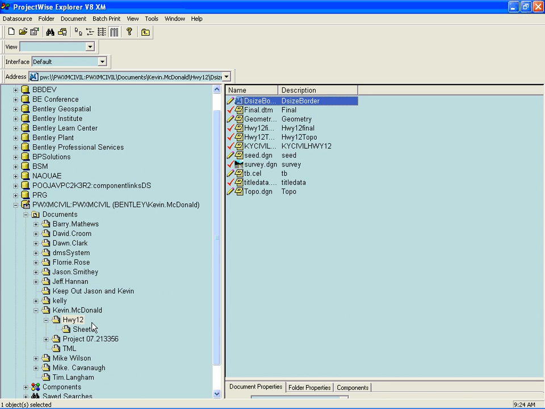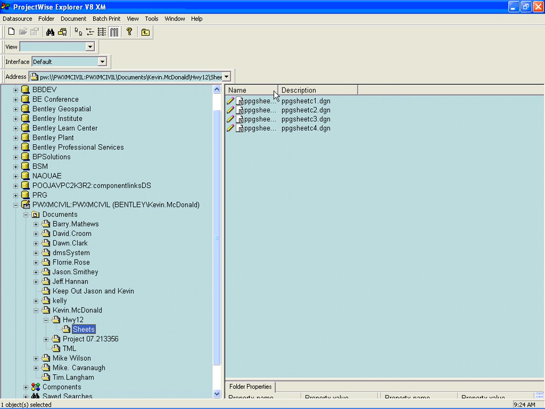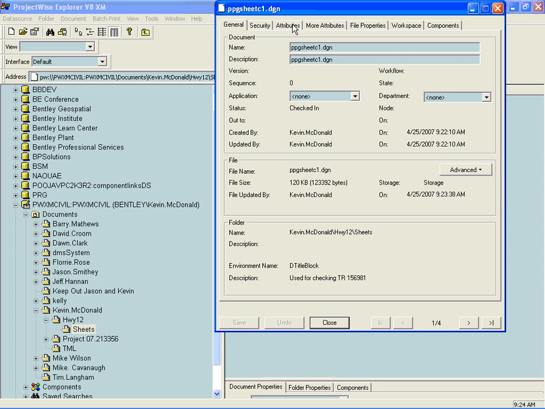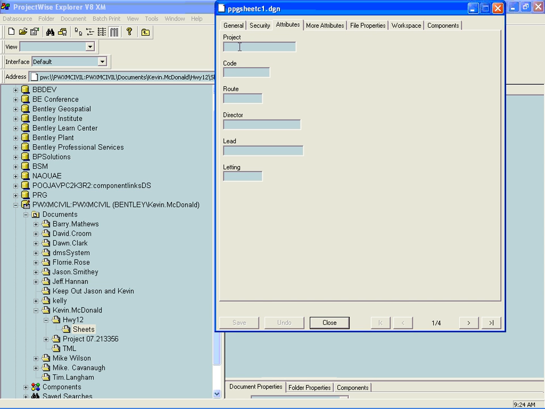I can go to my Sheets folder and see the 4 plan and profile sheets that were created by the plan and profile generator run. If I do a properties on one of these sheets, I can go to the Attributes tab and see the title block information. Here I have data fields ready for me to enter data. So I can come in here individually and enter the project name or the code, the route, the director,